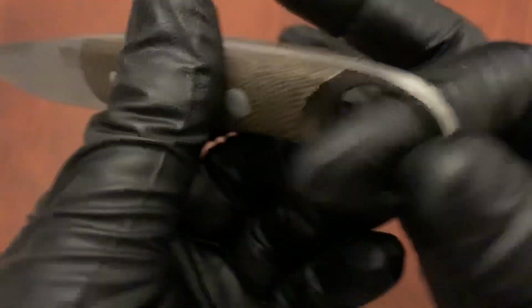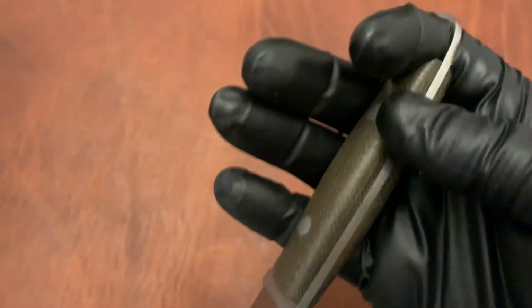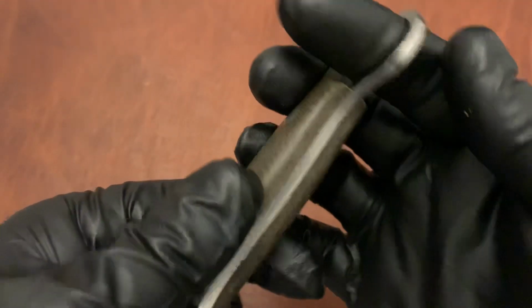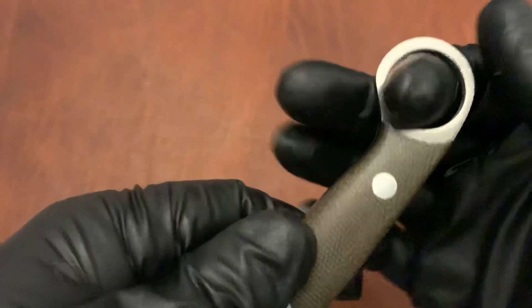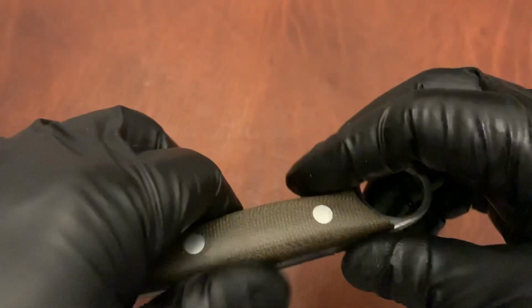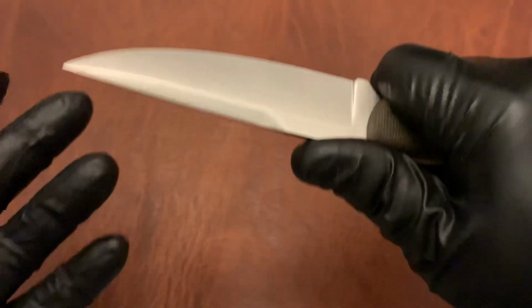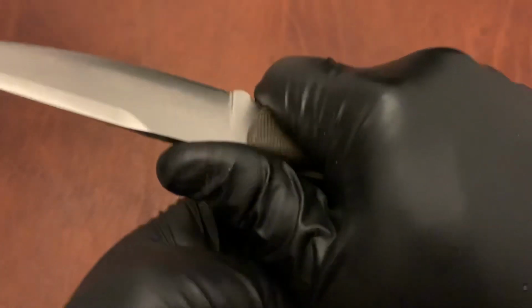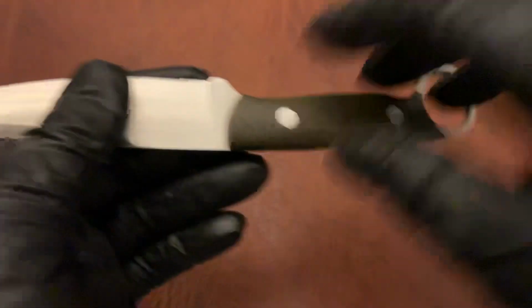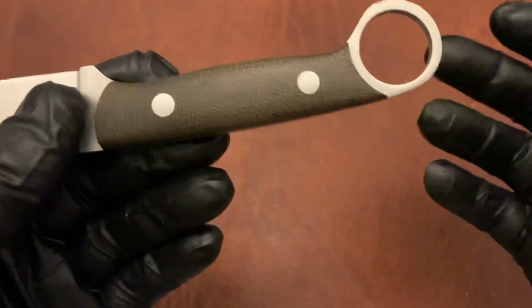That is good because it gives you a little bit of grip, so the knife's not going to come out of your hands or anything. Sorry, not the camera stand. But even though it gives you that modicum of grip, it does dig into your fingers when you're gripping it tight. And if you are in a fight and you use this as self-defense, it's going to be really, really digging into your hand. They could have knocked it down a little bit and still accomplished the grip, maybe with some jimping or something else. So that would be my biggest